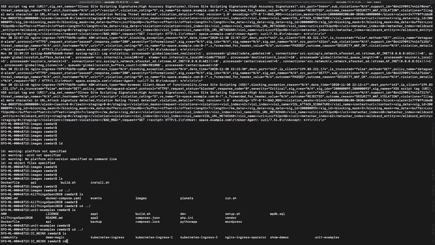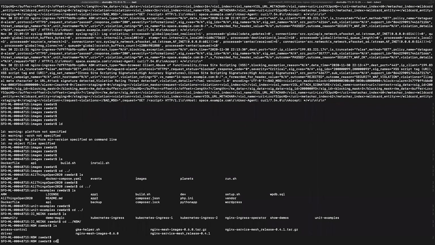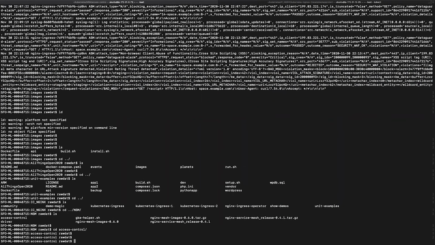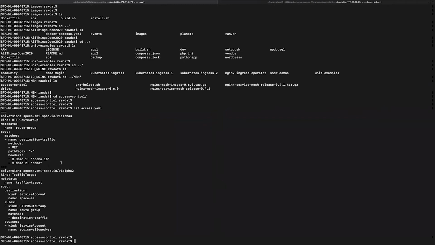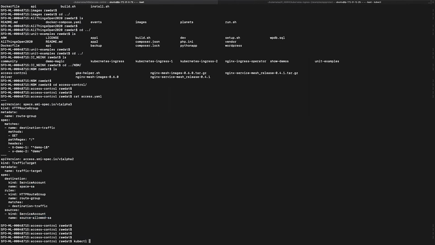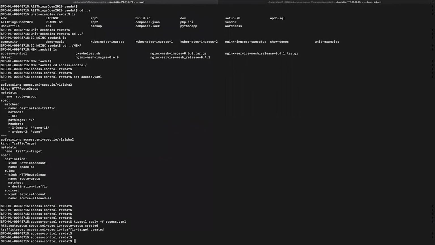I believe it's in Service Mesh. There you go. And if we go to access control, here's a resource. I can go ahead and create a traffic target resource that's going to tell the Service Mesh which source service account is allowed to access my Space app. Otherwise, reject it. So if I go ahead and apply this access control policy,